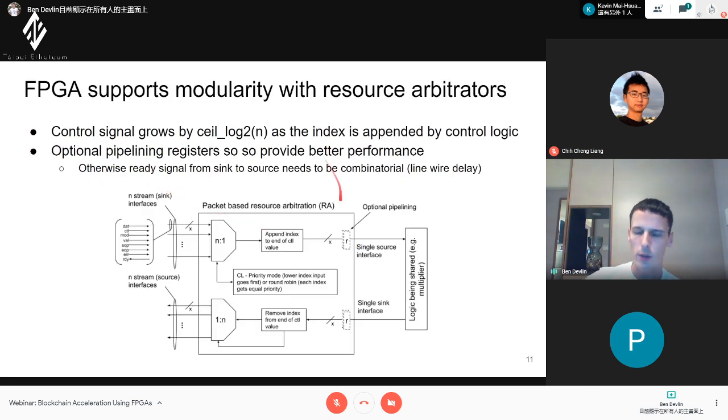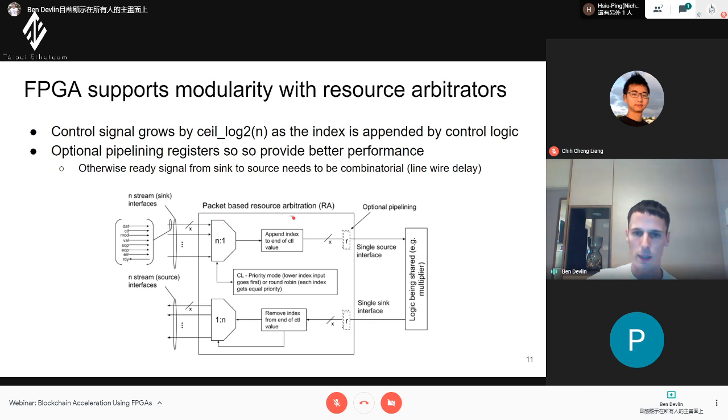This is showing the resource arbiter that I mentioned. What we use this a lot for is to share access to a single resource. You'll see here we have multiple interfaces coming in, and internally they have a bunch of different signals, like I showed before: data, control signal, start of packet, end of packet.